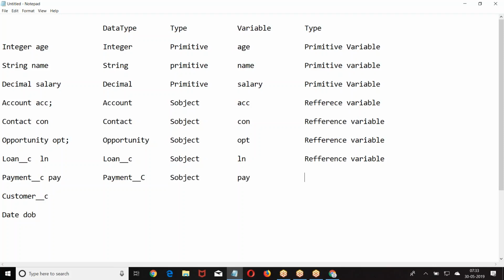Pay, customer S object. Now, what type of data is this? Reference. I hope you are good with this. Primitive variable and reference variable.